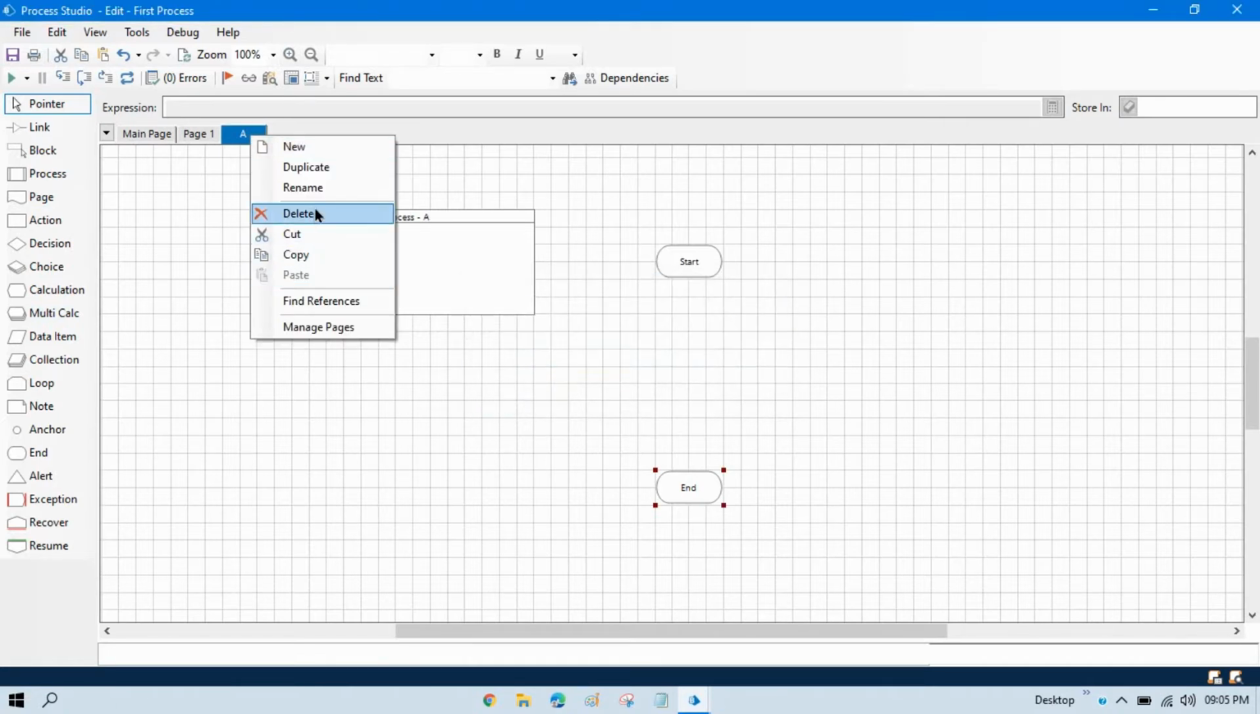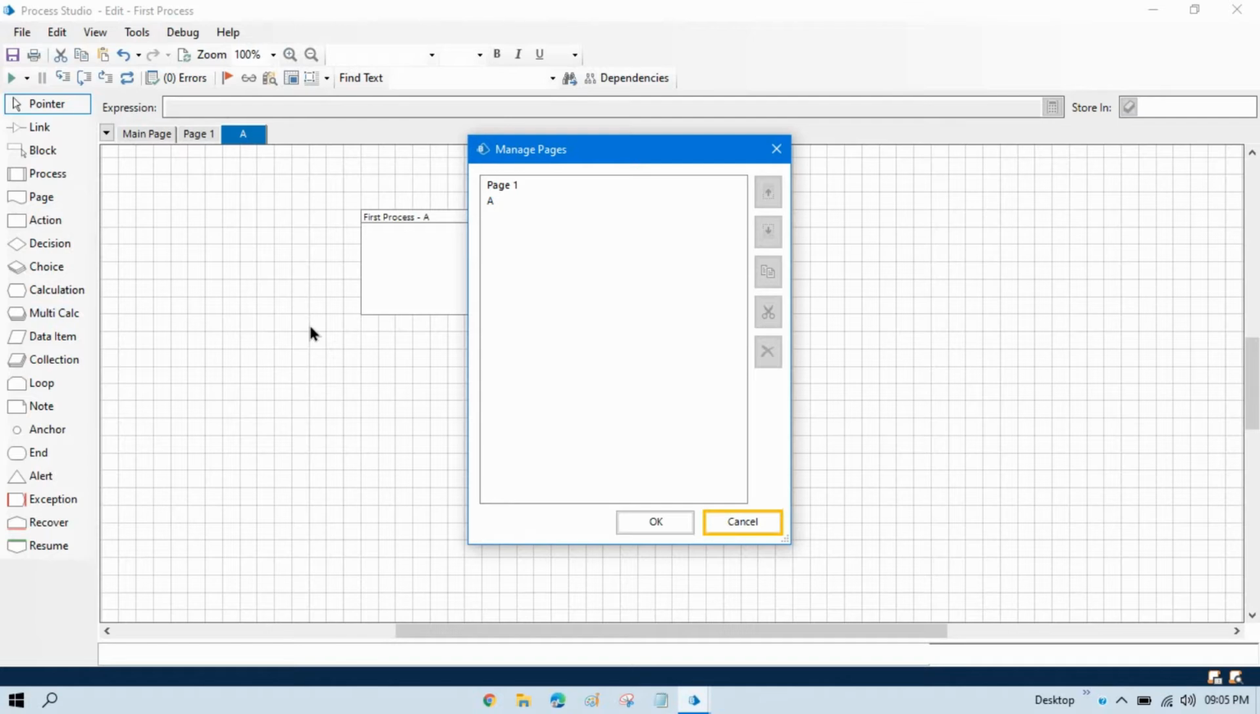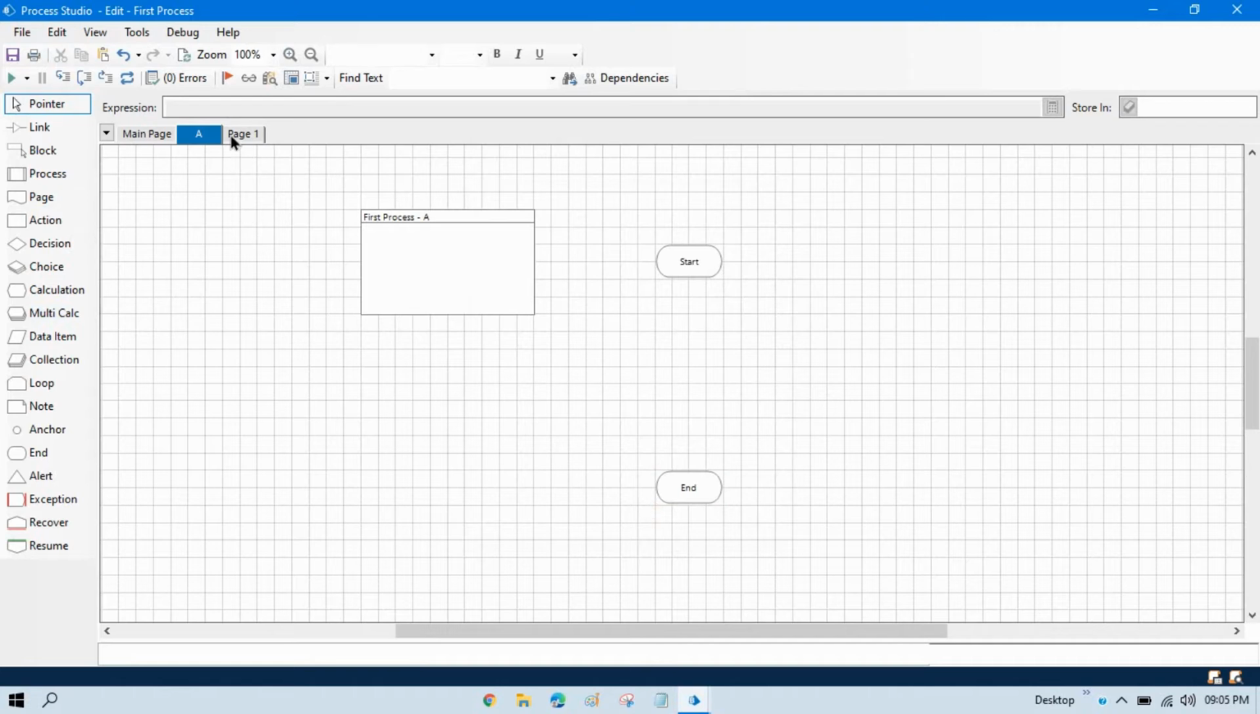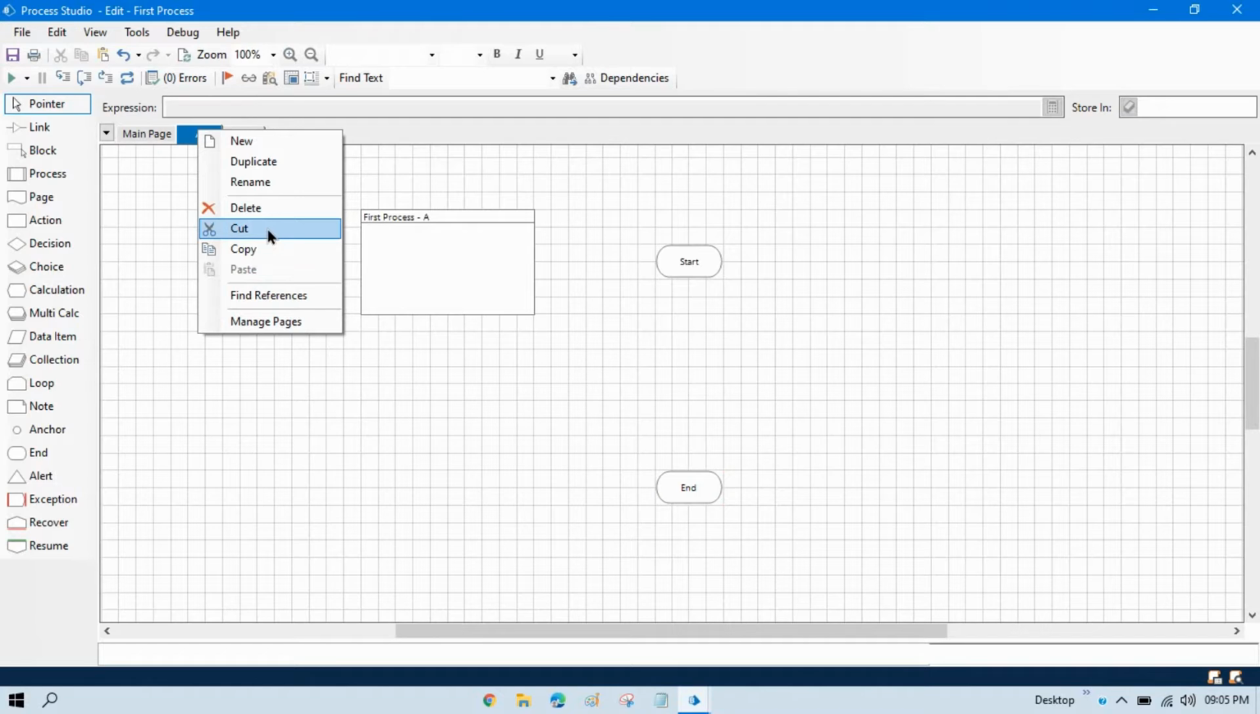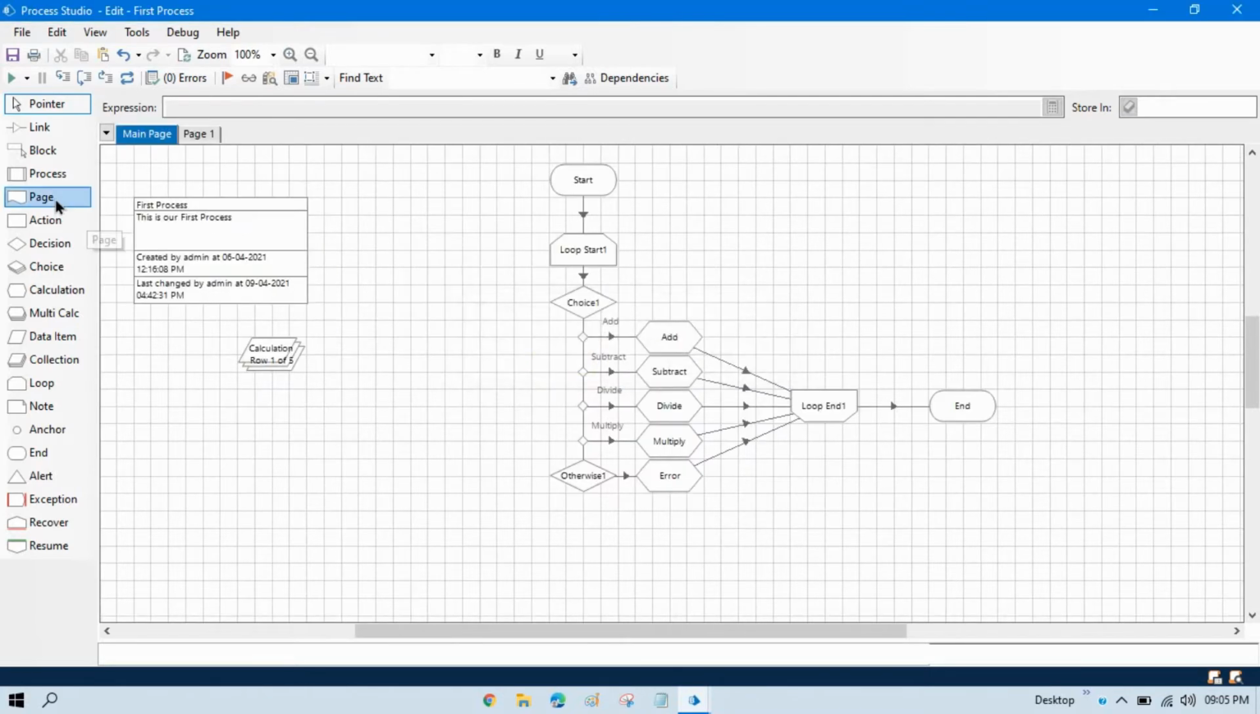You can right click and delete. You can manage the pages, like which page should be first, second, like that. You can manage pages here. You can click on move up. Now okay, and you can see A is in second place. Now let me delete this here. We have this here